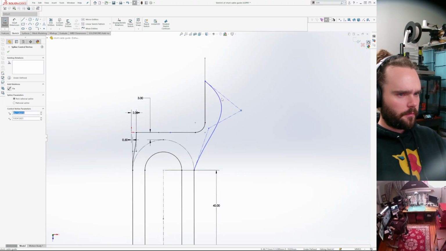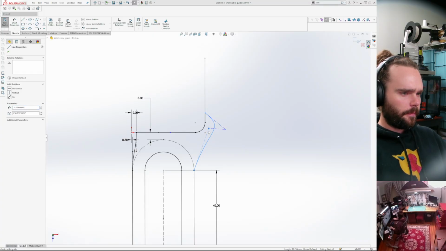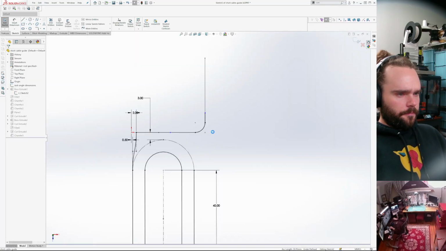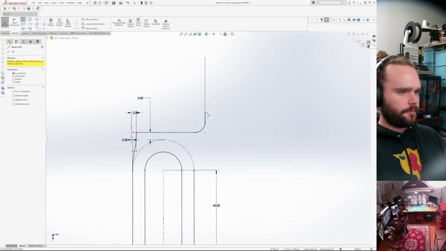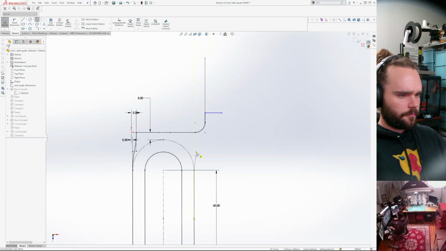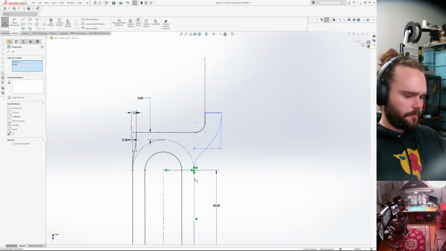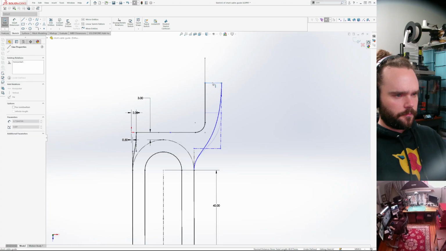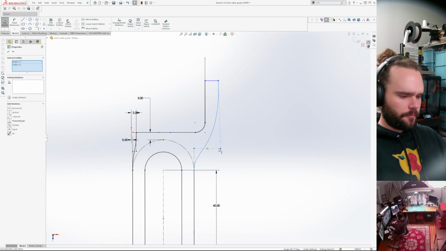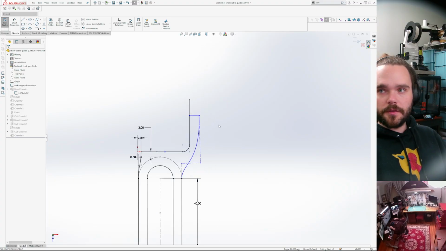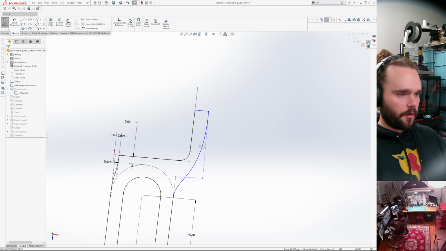Let me drag the endpoint. Something like this. So like go further around the corner.